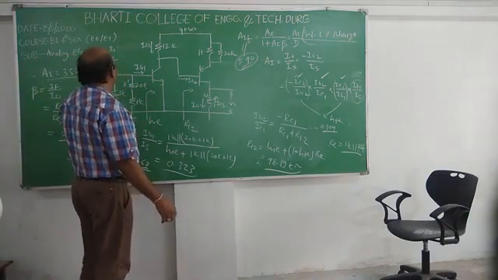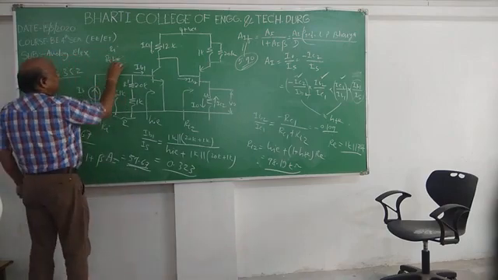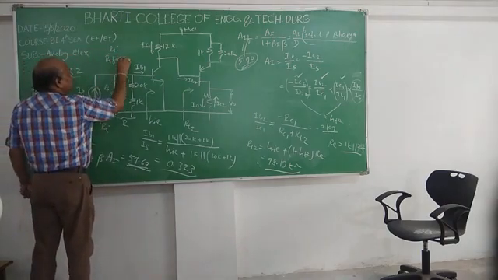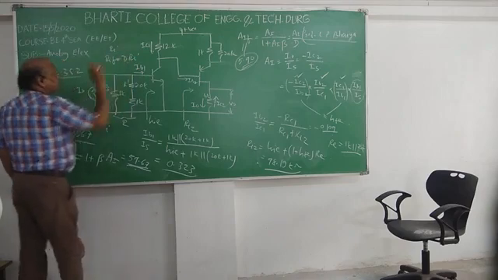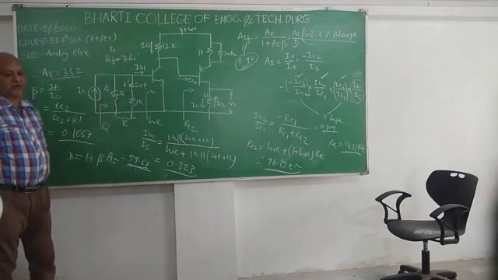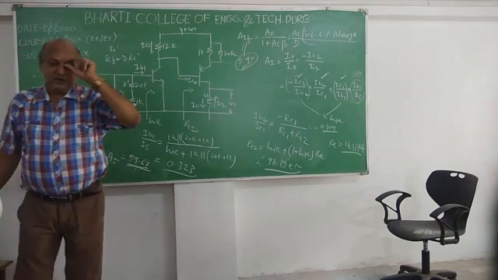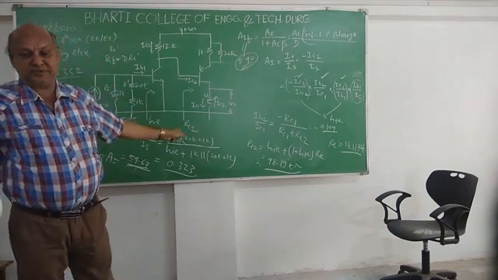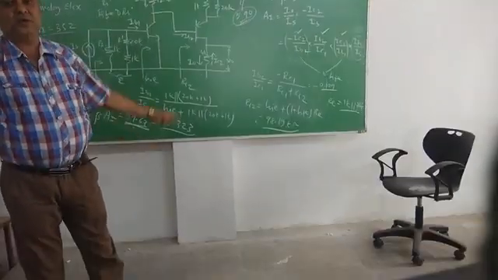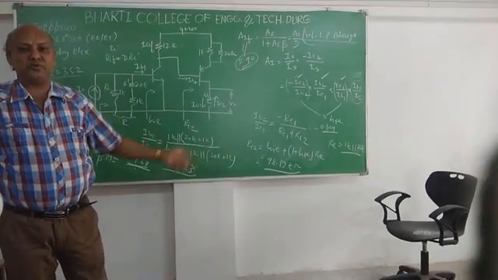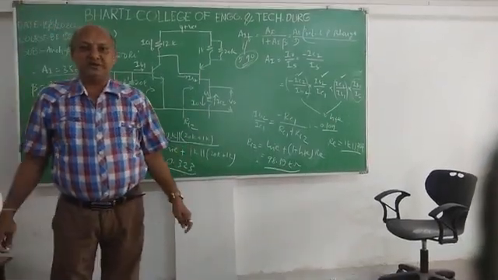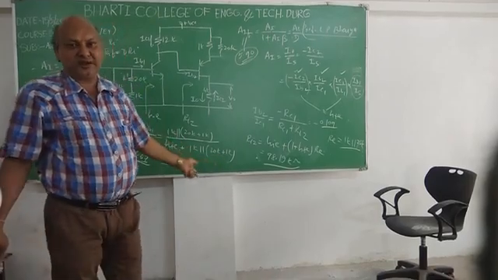Once you get the value of Ri, you calculate the value of RIF, that is D into Ri. D is already known, so you will get the value of RIF. So dear friends, likewise you can calculate the different parameters of this feedback circuit. One or two more factors you may calculate, that is also very easy. Thank you very much for watching this problem.